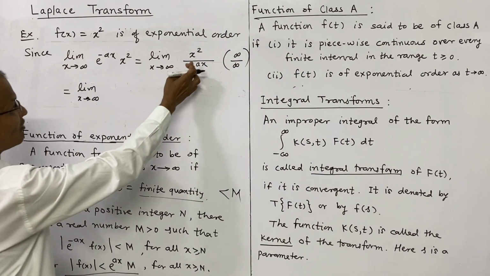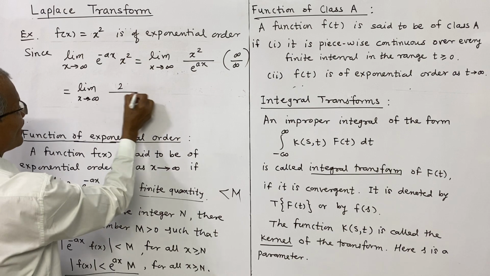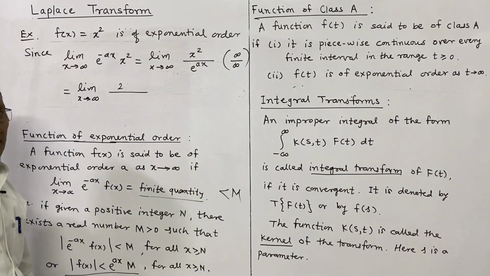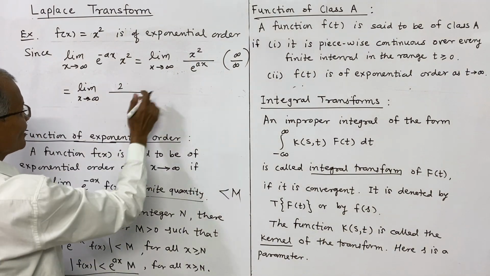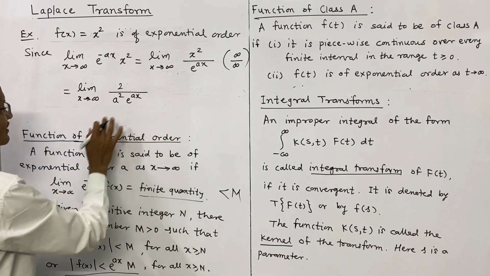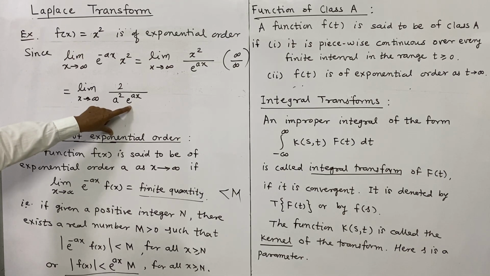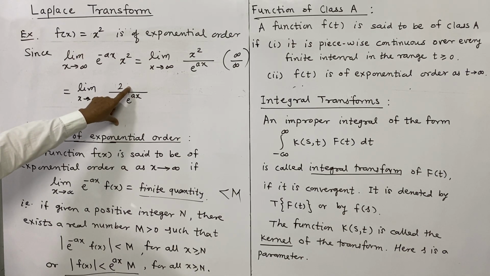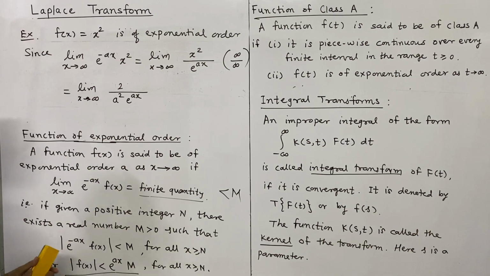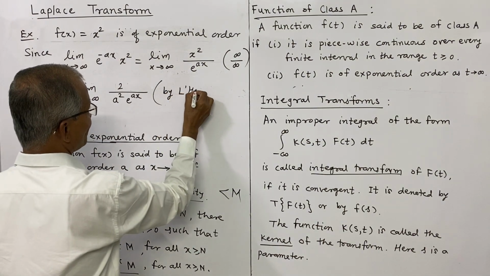Taking the derivative twice, the numerator becomes 2. First derivative is 2x and second derivative is 2, and the second derivative of the denominator is a square e power ax. Certainly when x becomes infinity, the denominator becomes infinite, the numerator is finite, and therefore the quantity becomes, by L'Hopital rule,